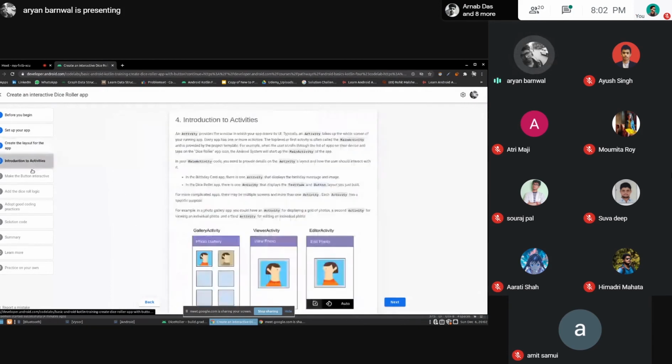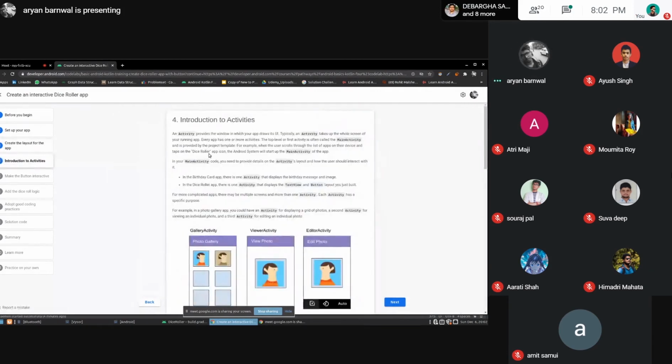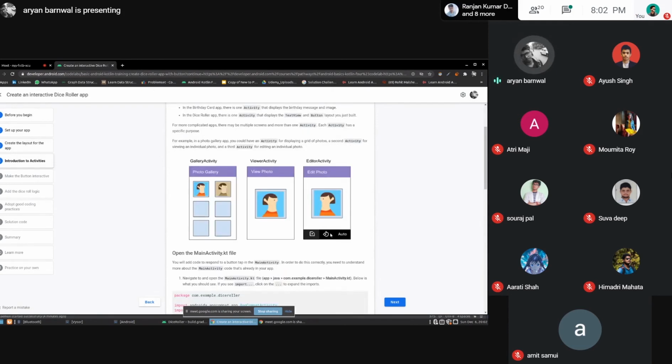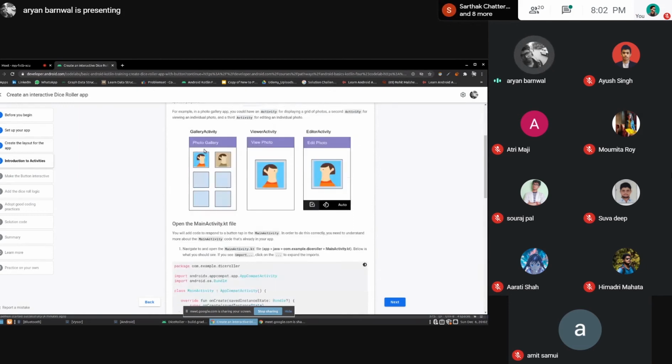So what is an activity? In the previous app, the birthday card app, it just had one page and it contained two texts and an image. If you have a multiple-page app, you need a different activity for each single page. If you have a gallery type app, you will have a main gallery activity where you can have all the images present.